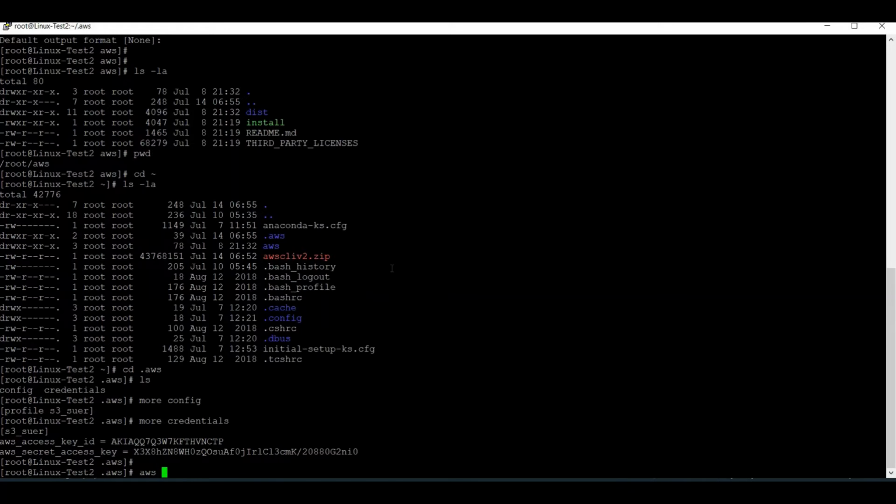Now we will proceed to test whether I am able to connect to my AWS console. So I'm selecting my profile. My profile is S3 user.